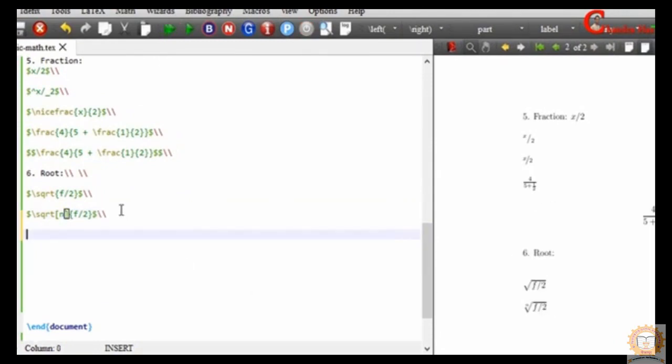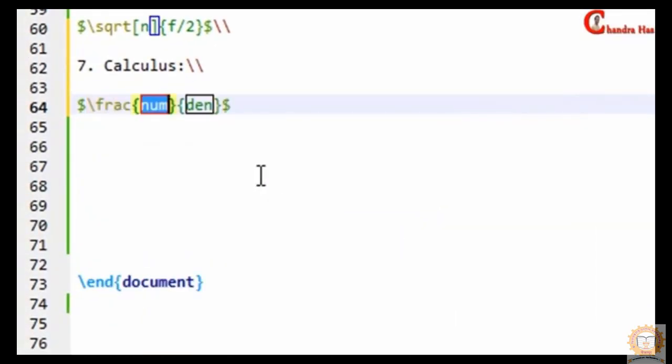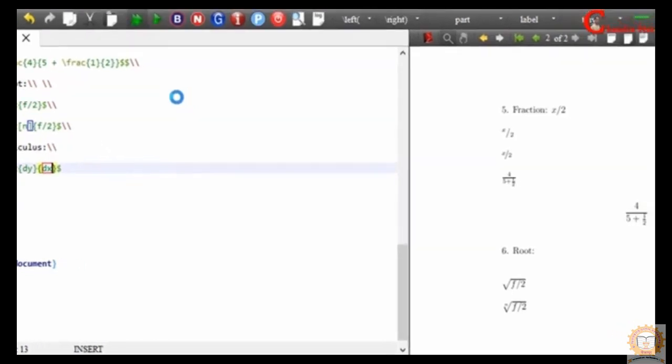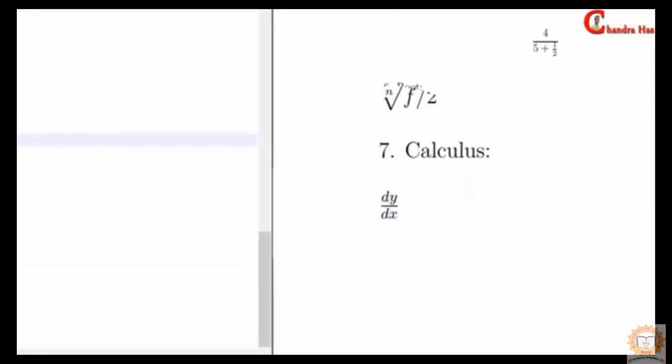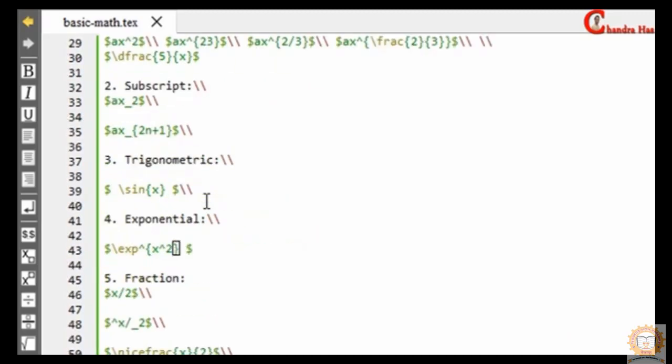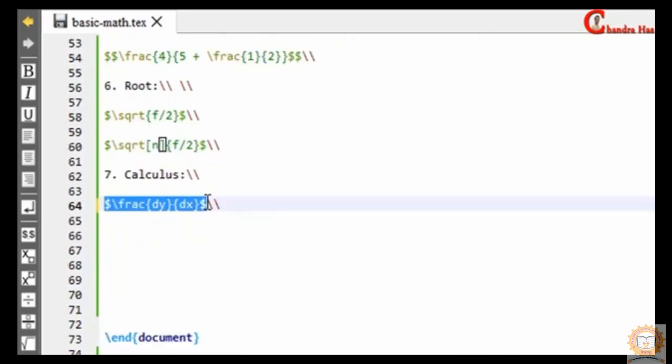Alright, next one is calculus. Actually here d is not a variable, so remember this, you need to put it in a text mode. So for this you can use the mathrm command. We can also use partial.